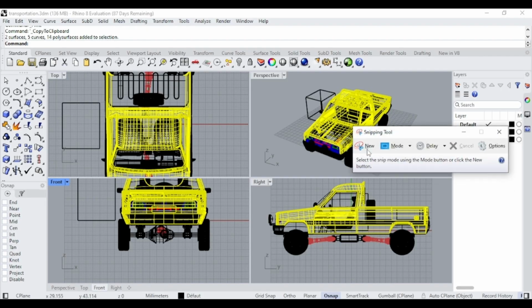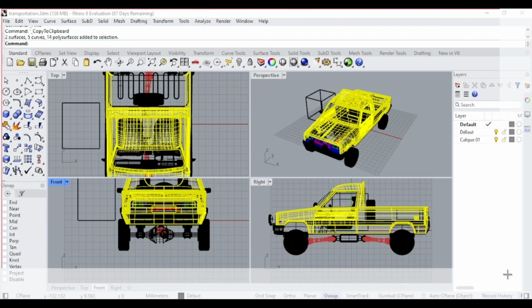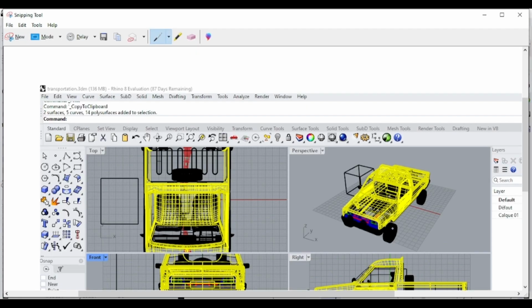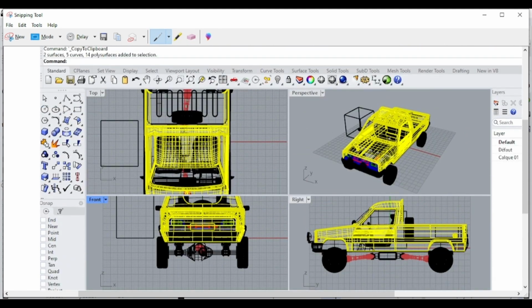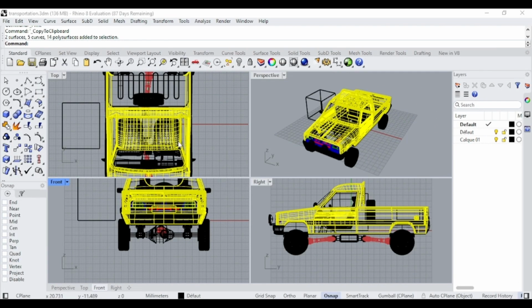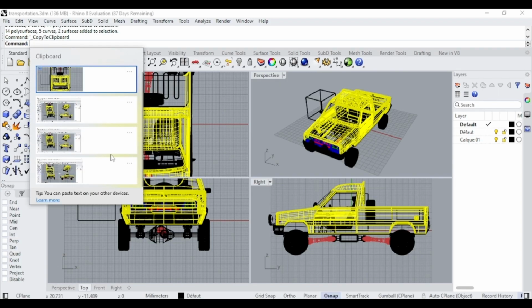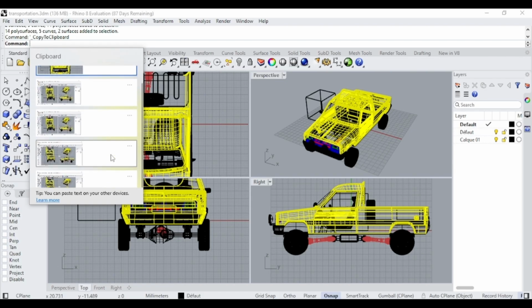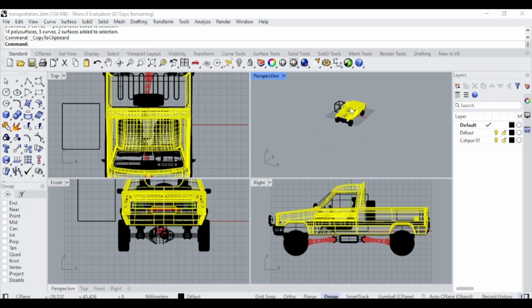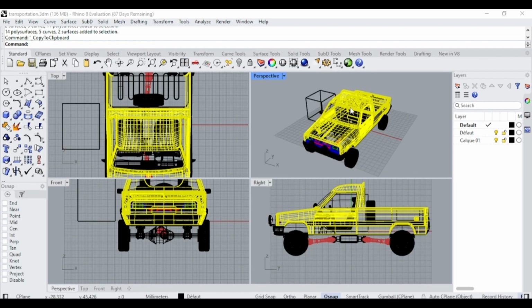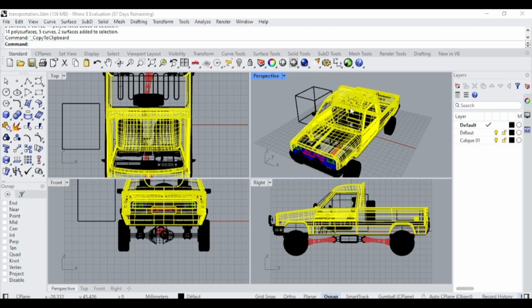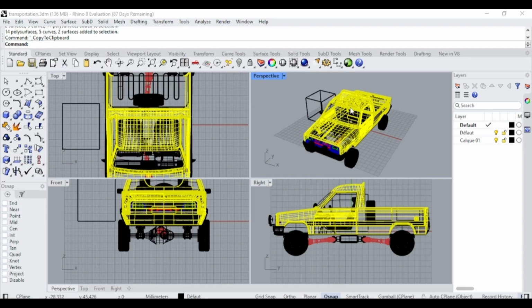Capture screenshots of the content. Copy content from the file. I copied the content from Rhino. As you can see, the clipboard shows the item copied. These behaviors are expected and consistent with the applied permissions. With full control permissions, I am able to view, edit, print, capture the screen, and copy content from the protected